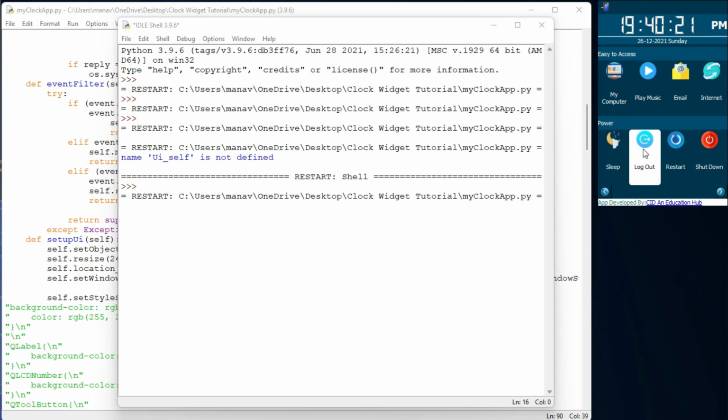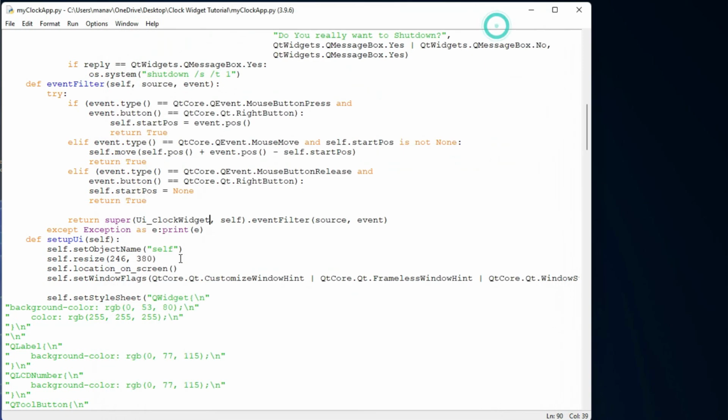Now I also want that when the user clicks on the escape button on this window, then my application will exit. This is not necessary, I have an exit button here, but I can remove it also. If you want to remove this, you have to use the escape button event, so that when the user clicks on escape, this widget will be closed. So what I will do for that, after this event filter,